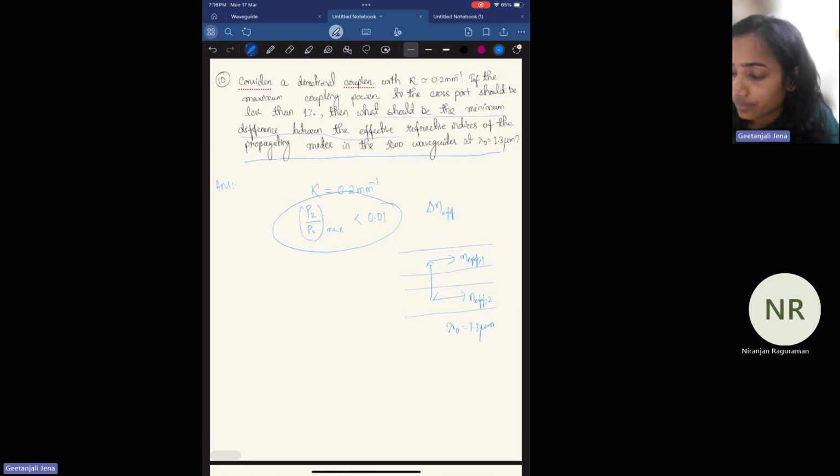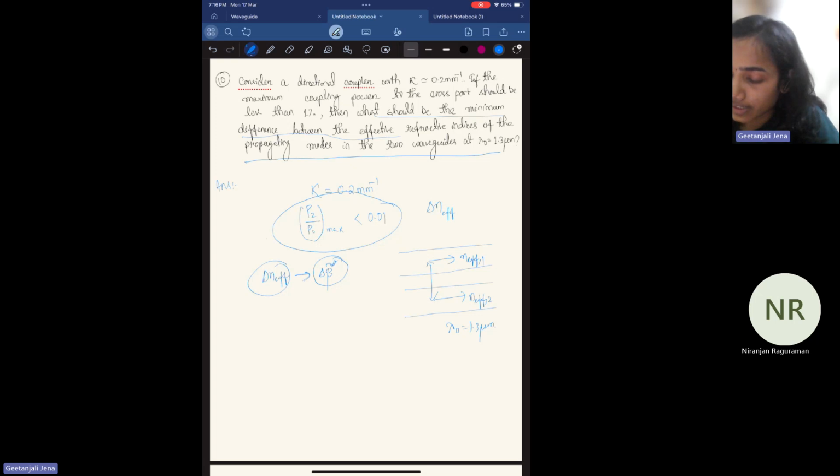If you recall, P2 over P0, so delta n effective, you can relate it to delta beta tilde, right? This is the difference between the propagation constants. So we can relate it to delta beta tilde. First you need to calculate the value of delta beta tilde. From that, you can use the formula and calculate the minimum difference between the